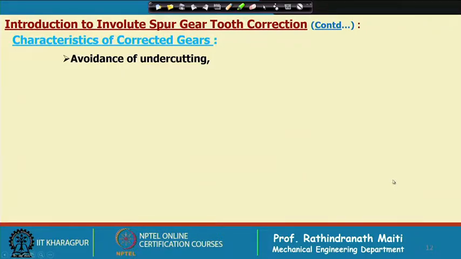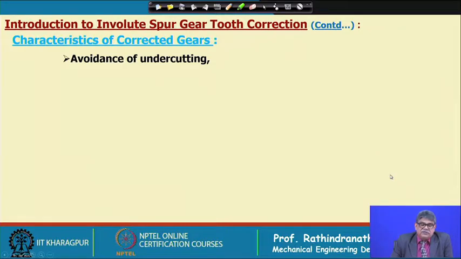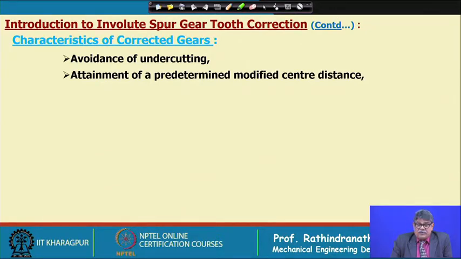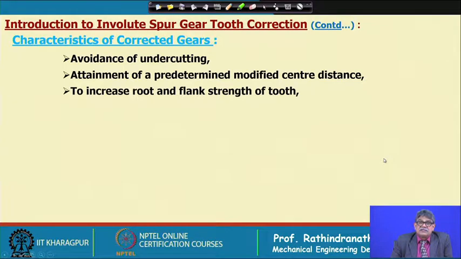Now, what are the characteristics of a corrected gear? First of all, this is avoidance of undercutting. This is the first characteristic of the corrected gear. Corrected means in this case profile shift, not profile correction. Second, attainment of a predetermined modified center distance. Suppose the center distance is not a multiple of 5 or a multiple of 10, we would like to bring it to that value. So, we can provide the corrections to increase the root and flank strength of teeth,